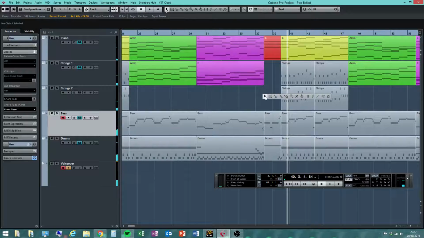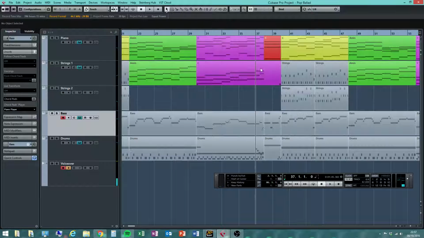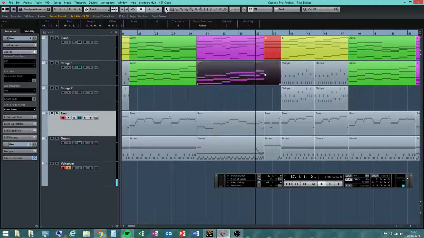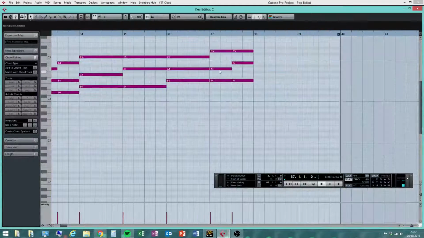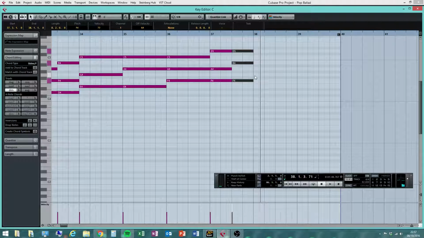Relatively happy with that. In the strings, now I'm going to extend the length of this, because I think a little bit of this chord continuing into this bar, as opposed to it being a new chord, could work. I think if we listen to this, you could get away with some of these notes flowing over. Can't flow over because they're a different chord, but